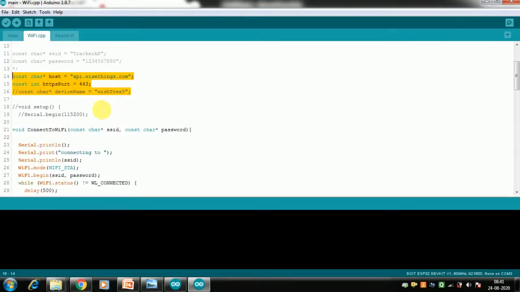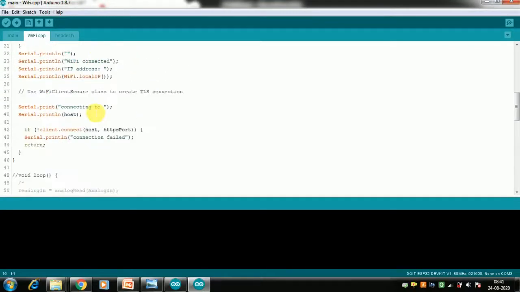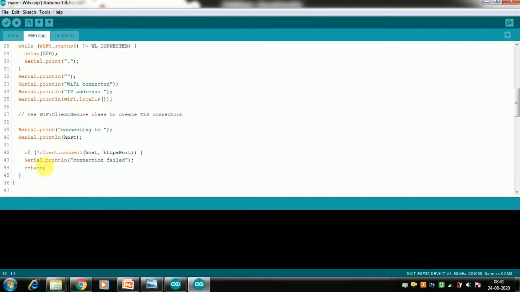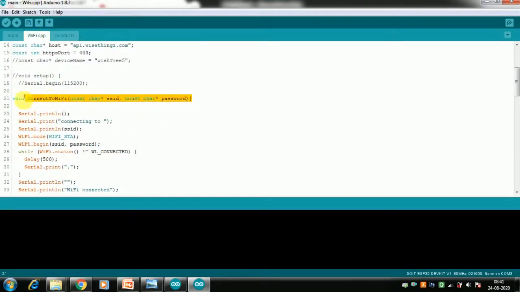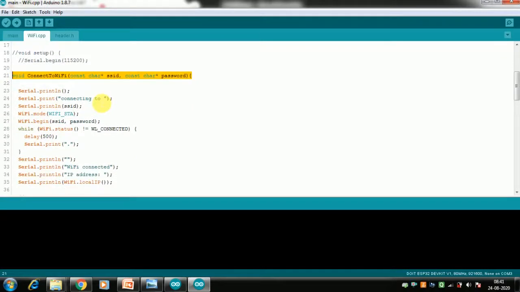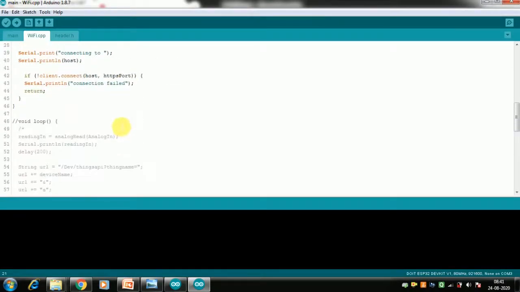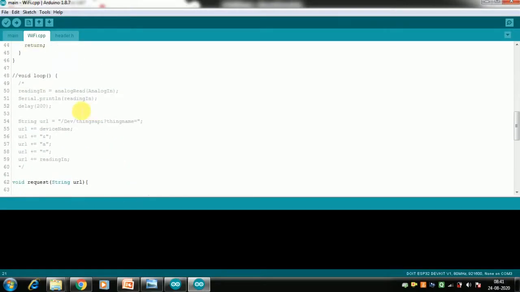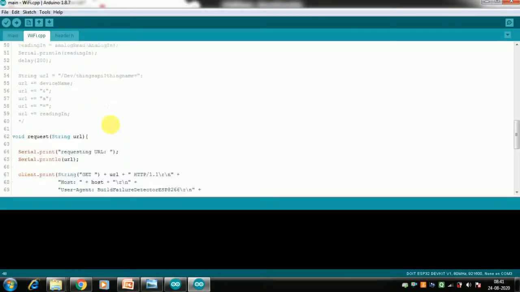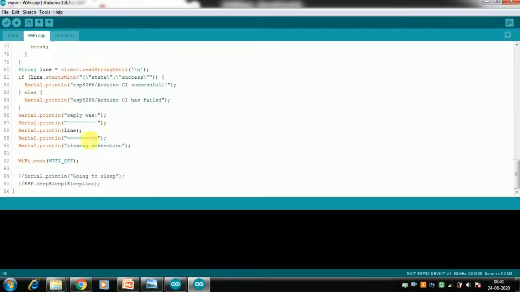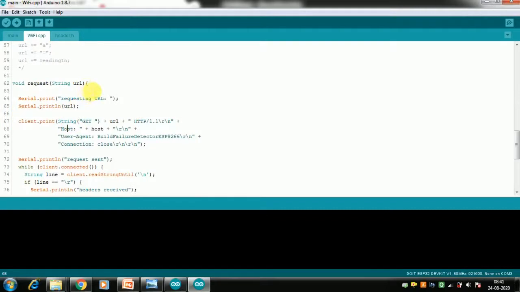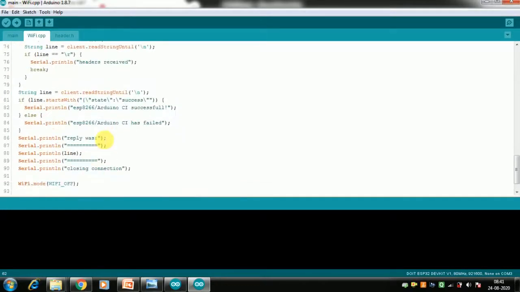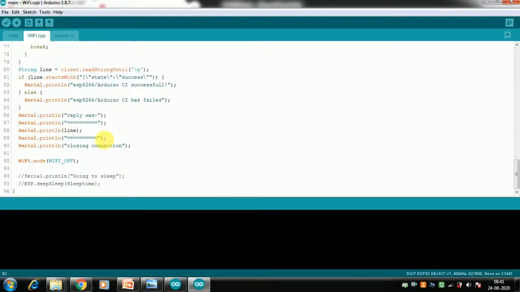Okay, and then I just took those lines from the main program. This is just the body of the main program, and I wrapped it with my function name, and these are the parameters that need to be passed. And also in the loop, the same: I commented out the loop, and the whole thing that was sending data over Wi-Fi to the cloud, I wrapped with this function. So this is how these utility things are separated out.